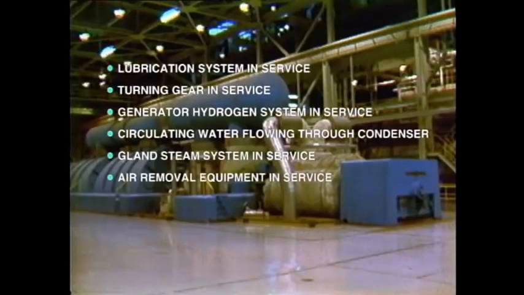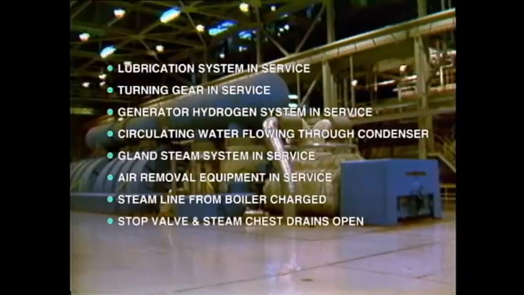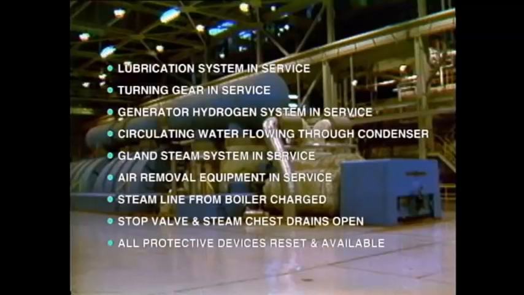Air removal equipment in service with vacuum established in the condenser. Steam line from the boiler charged and turbine stop valve open to charge the steam chest. Stop valve drains and steam chest drains open to ensure removal of any water, that is, condensate,